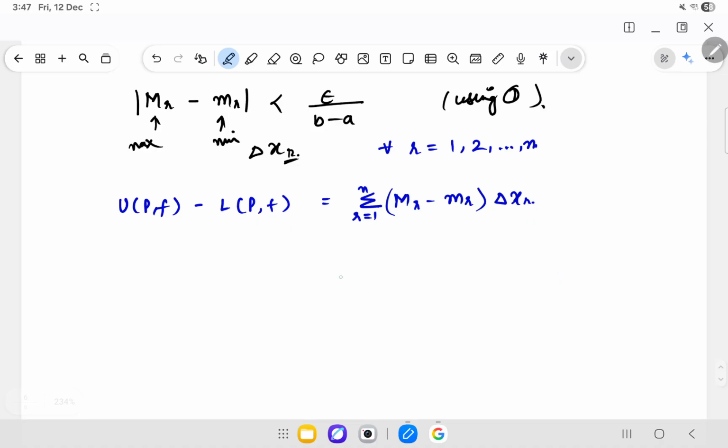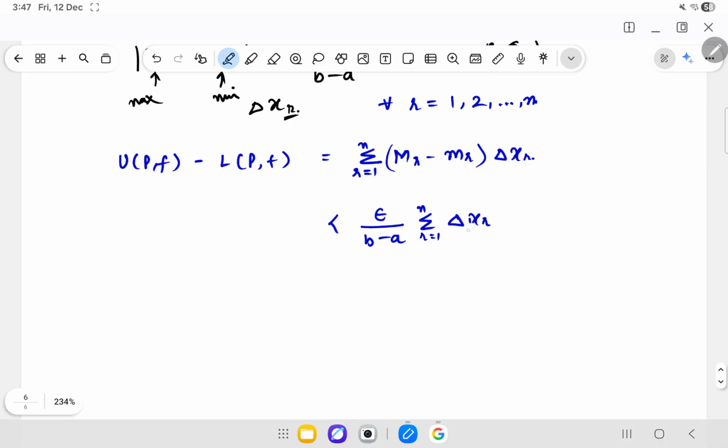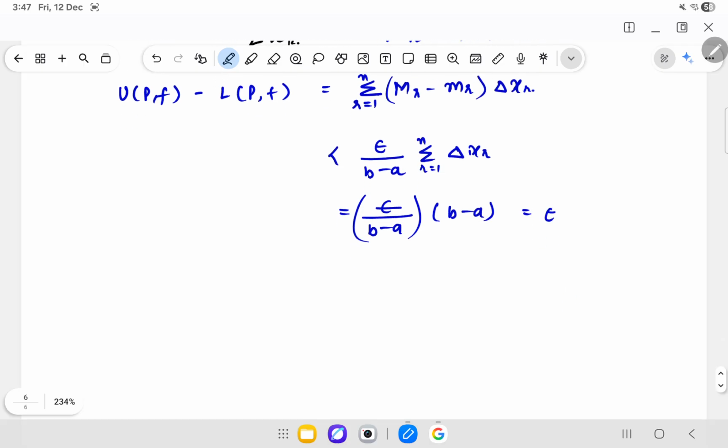Now this will be less than epsilon divided by b minus a times the summation of delta xr, where r varies from 1 to n. The summation of delta xr will be equal to the length of the whole interval, that is b minus a. So it will be epsilon divided by b minus a times b minus a, which equals epsilon. So what we just got is UPF minus LPF is less than epsilon